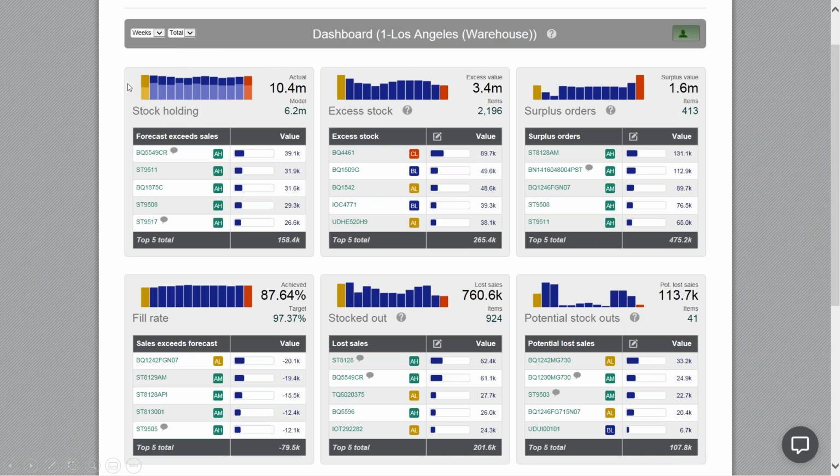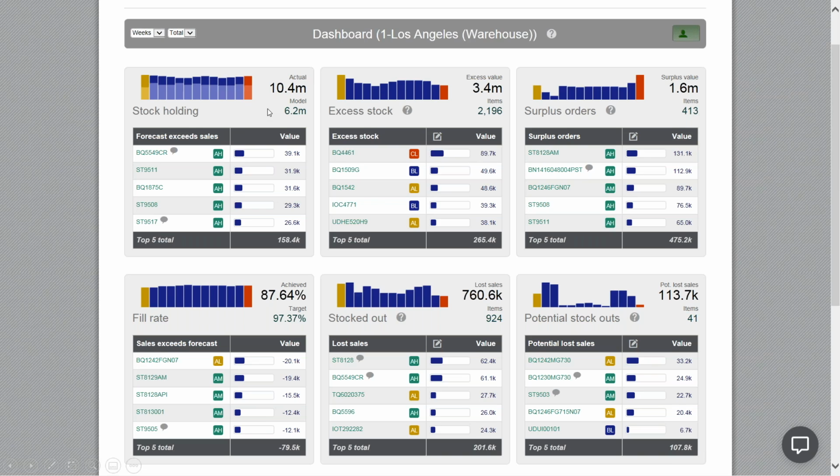the top of the yellow bar is your actual inventory, the bottom is your shaded. I can see my actual inventory versus recommended, in this case over the weeks, with red simply being the last time data was loaded from Sage, which typically was yesterday, at which time you were carrying 10.4 against a recommendation of 6.2. So with just a quick glance, I can see I'm carrying quite a bit more inventory than the